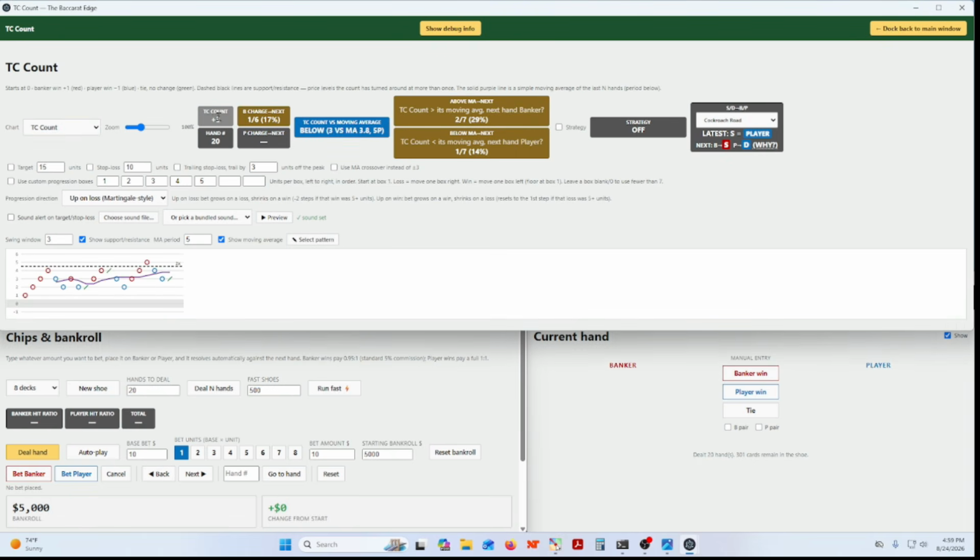So let's go back to TC count. Notice the TC count is +3. Okay? We're at hand 20. Right here, it says banker is in charge. Right? What I mean by that is